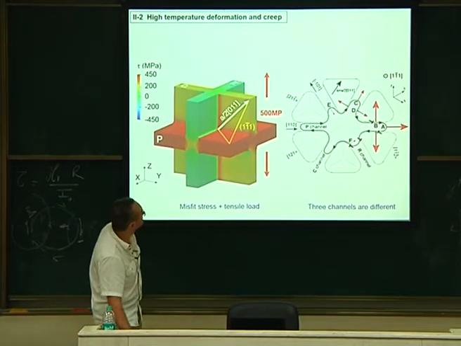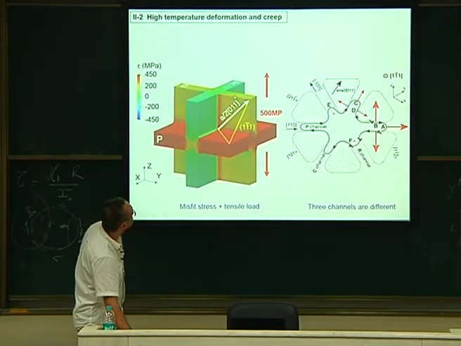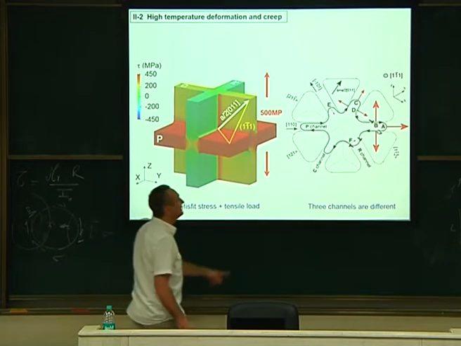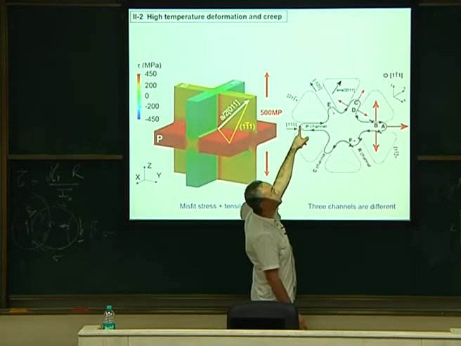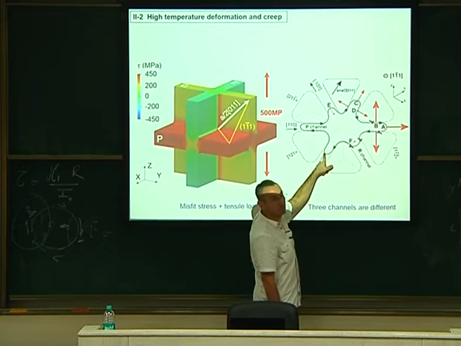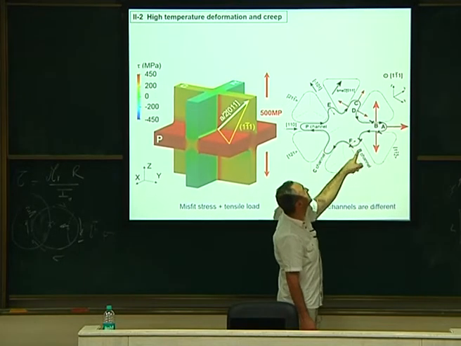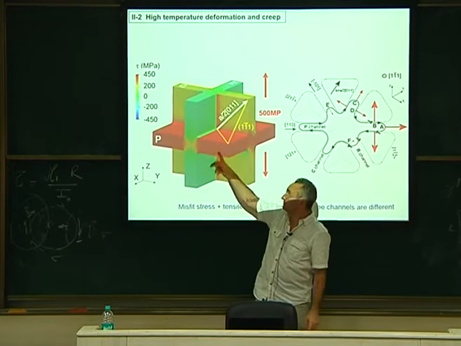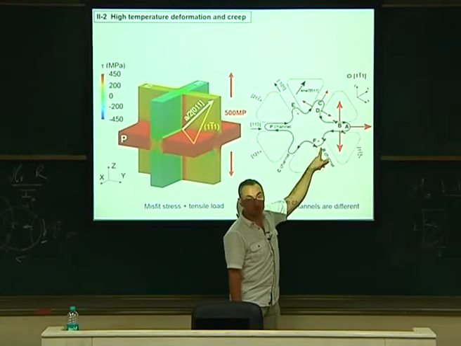And you can see that the stress field is quite complicated. It's more or less homogeneous in the channels. You have some channels, which is the propagation channels, the cross channels, and the repulsive channels, which are totally different for my dislocations. And typically here, dislocation will be easy to move in the P channel. This is what I show you here with this scheme. You see my dislocation can go very easily in the P channel. It will be hard to move in the C channel, but it can go a bit. It's a cross channel. And for the repulsive channel, because of the internal stress, it will be very hard to push inside.